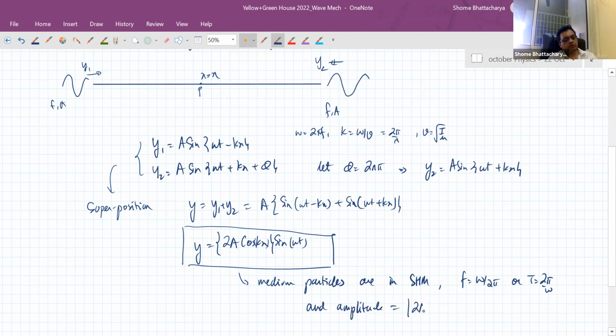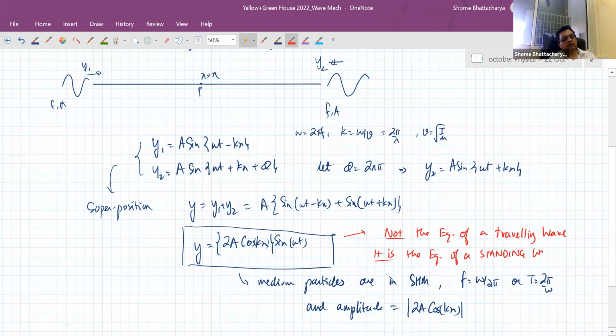So this is where it becomes different from a traveling wave. As you can see, this is not the equation of a traveling wave. In fact, it is the equation of a standing wave,